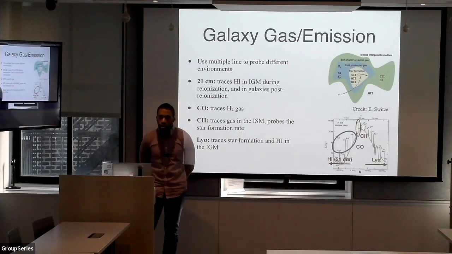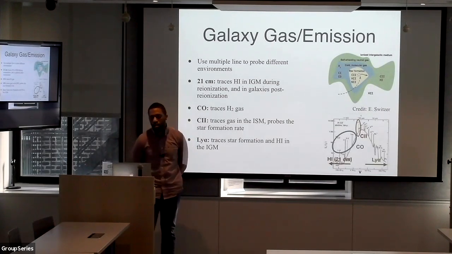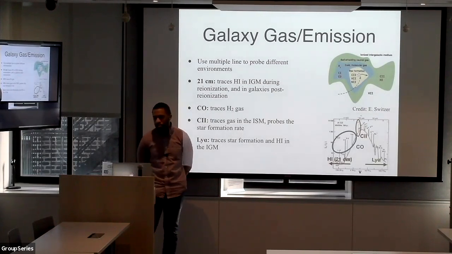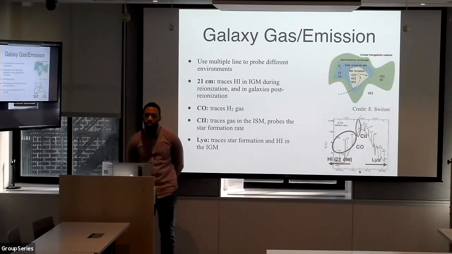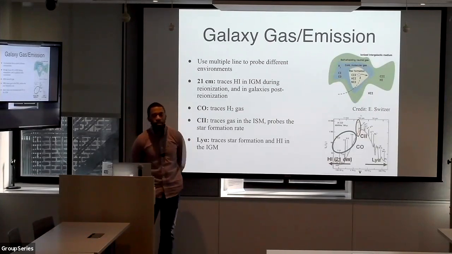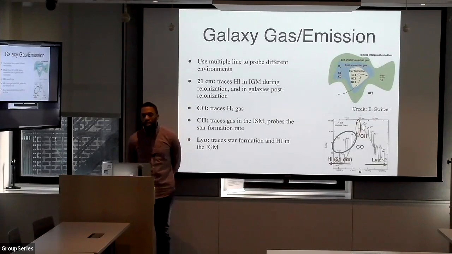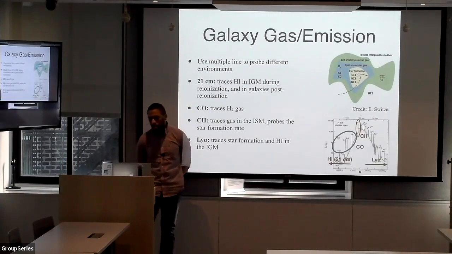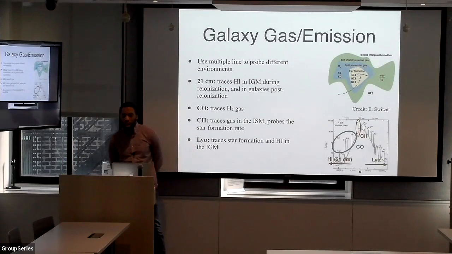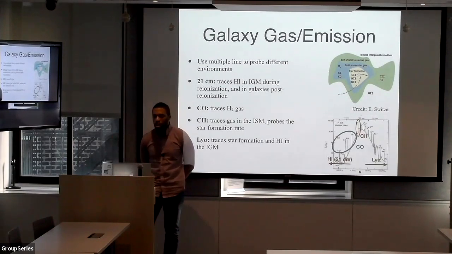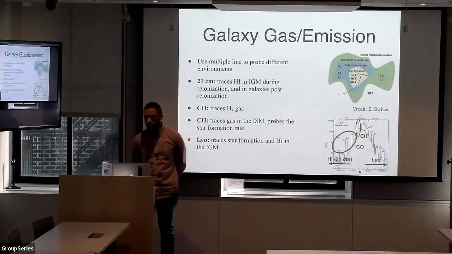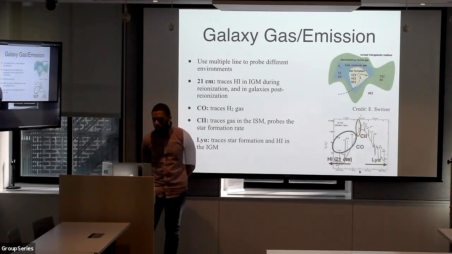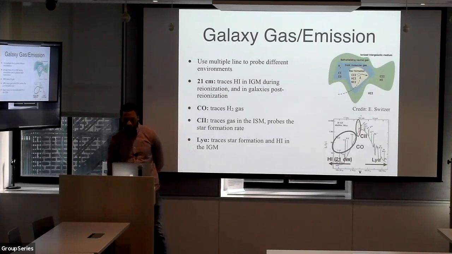This traces cold gas, specifically, and in particular, neutral molecular hydrogen within galaxies. You also have the C2 line, which traces star formation both inside clouds in the ISM as well as between clouds. And then you have Lyman alpha, which traces star formation both in the reionization and post-reionization regime specifically. And a lot of people are also looking eventually for cross-correlations between Lyman alpha and neutral hydrogen.